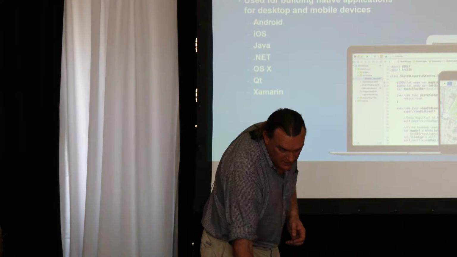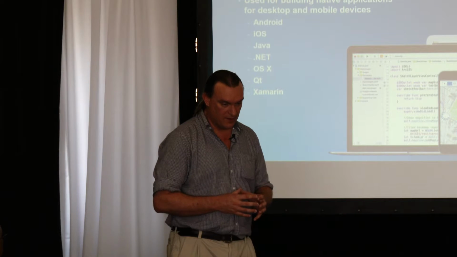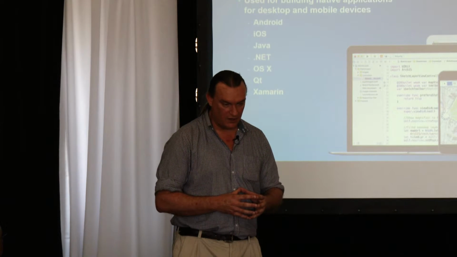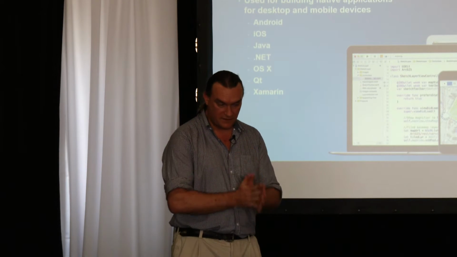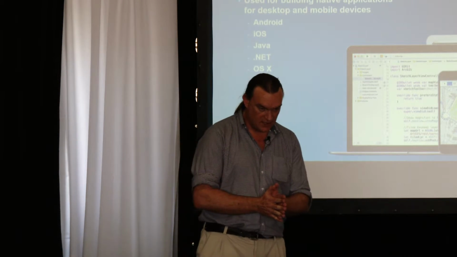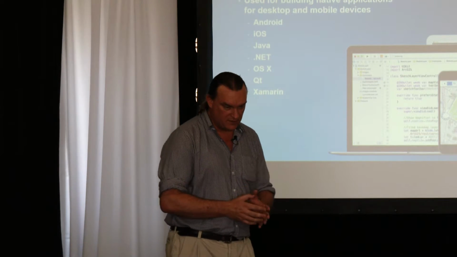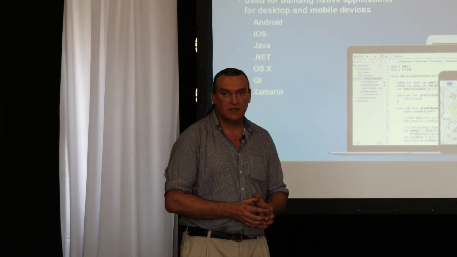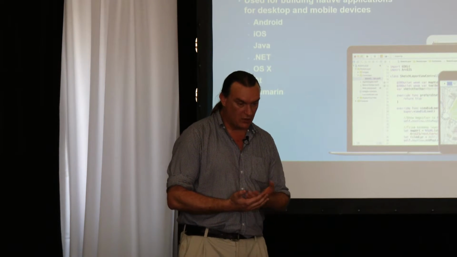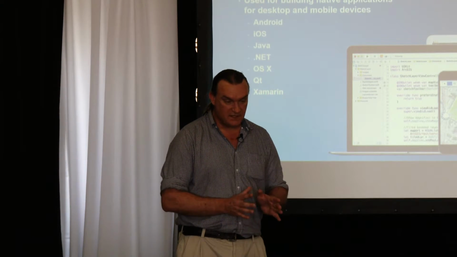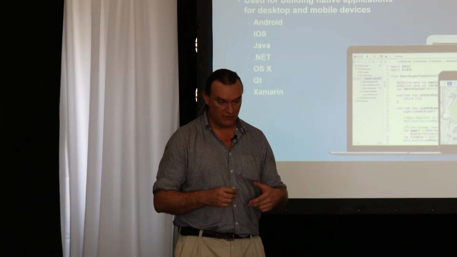Then we have the so-called native application APIs, where you can start leveraging the power of the specific device you're working on. There are specific ones for Android, iOS, for Java, .NET, OS X, but then also the ones called Qt and Xamarin, which are more cross-platform, that you can write in C++ or in Xamarin. Obviously, your performance is going to be better if you go on the native device. You can make use of the specific